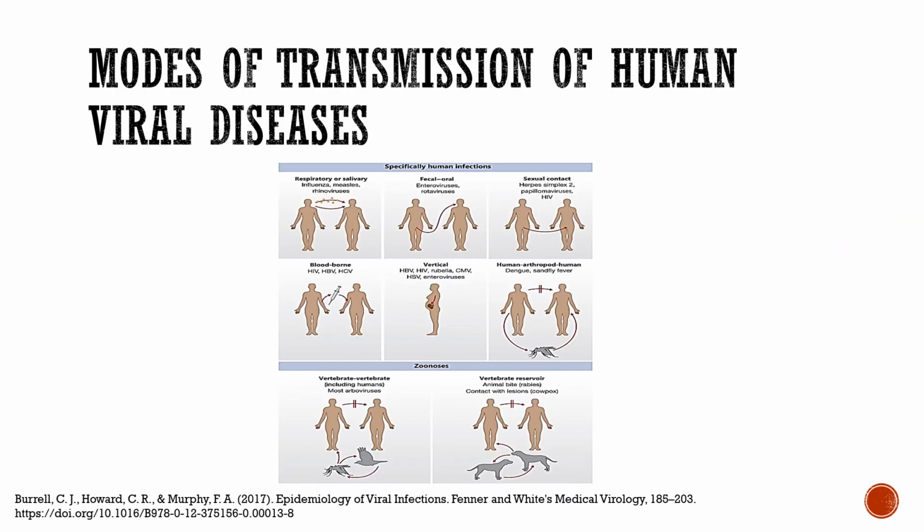Now, let us look into the modes of transmission of human viral diseases. Virus transmission may be horizontal or vertical. However, most transmission is horizontal, that is, between individuals within the population at risk. The route of entry is a major factor in determining the patterns of occurrence, mode of spread, and risk populations